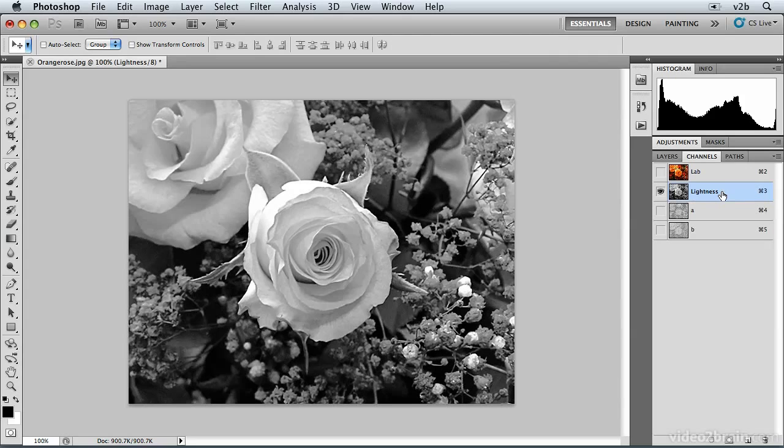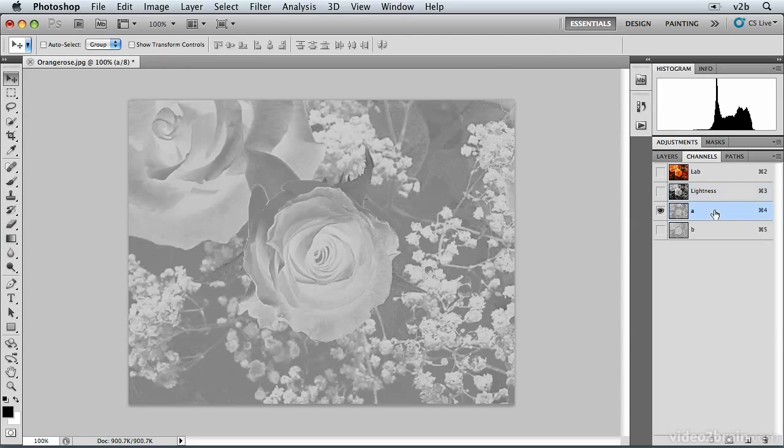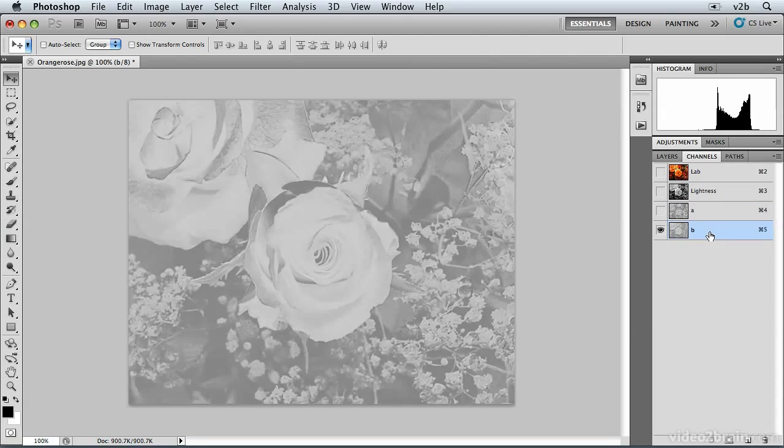So that's an interesting difference. Over here, we've got the A channel, which contains the color information for red and green colors. And then in the B channel, we have color information for blue and yellow. All right, so some people prefer to work in this Lab mode because they have access to these channels, especially